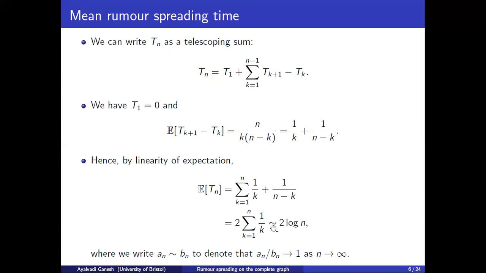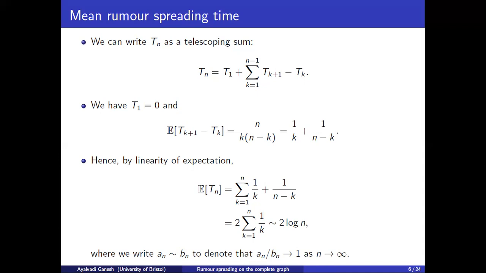When talking about random variables, I use this tilde notation to mean equality in distribution. I'm using the same notation here to mean something else, so do pay attention to the context. Here I'm using this to mean asymptotic equivalence. What do I mean by that? We say that two sequences an and bn are asymptotically equivalent if their ratio tends to 1 as n tends to infinity. It's a property of the harmonic series that it's asymptotic to the logarithm function.